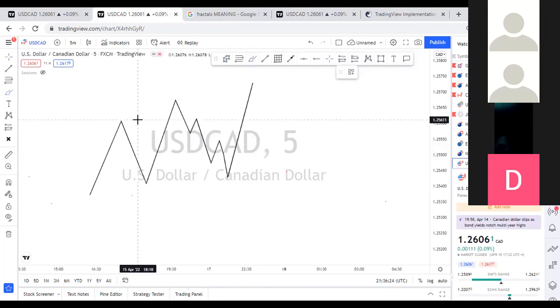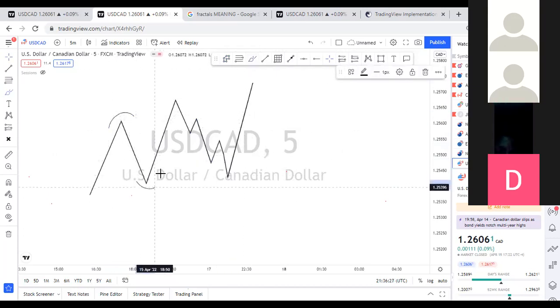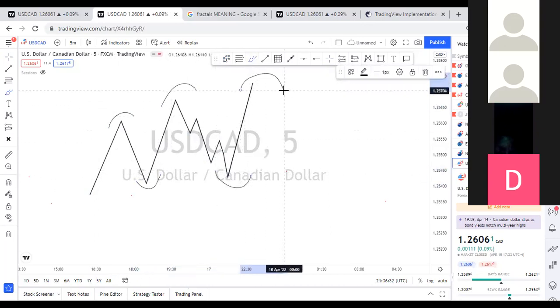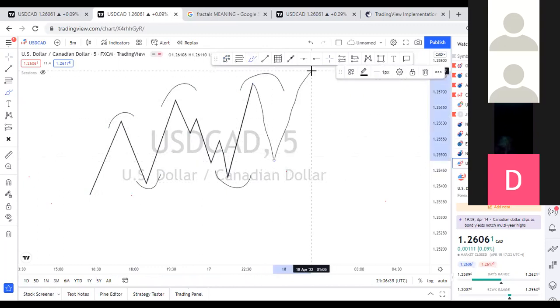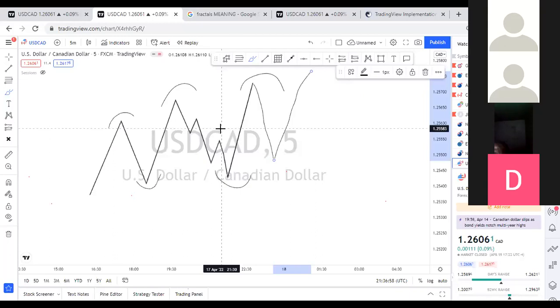Why? Because I understand structure. What is this? Higher high, higher low, higher high, higher low. Now we have a new higher high. All I just need to do is wait for price to come back and give me that higher low, and I continue. There's nothing really to sweat about it. So if you miss it, well, all well and good. I just wait. Price would actually come back at some point. It's just a matter of when, but at some point it will come back.